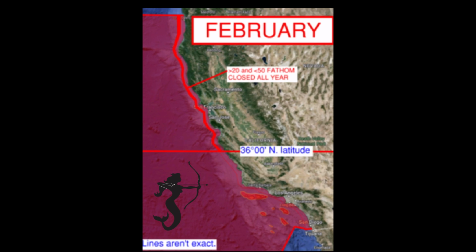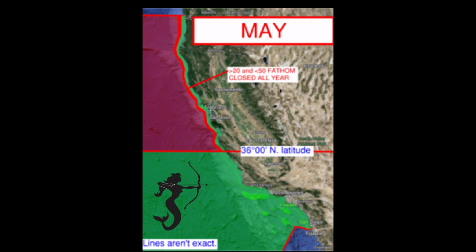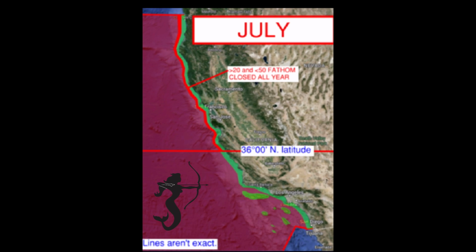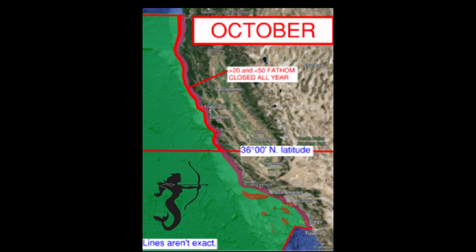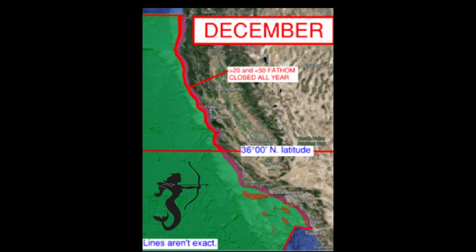The 20 fathom line is only in effect north of the 36-degree north latitude line, a little north of San Simeon. These are a bunch of GPS points defined by the Code of Federal Regulations that give us the depth boundary lines. They're off the coast, off the islands, and off Tanner and Cortez banks. So, when the regulations say inshore of the 20 fathom line or offshore from the 50 fathom line, it's not how deep you're allowed to fish,